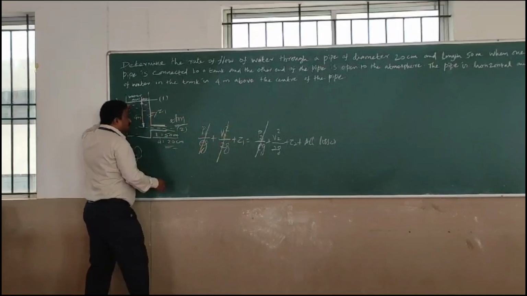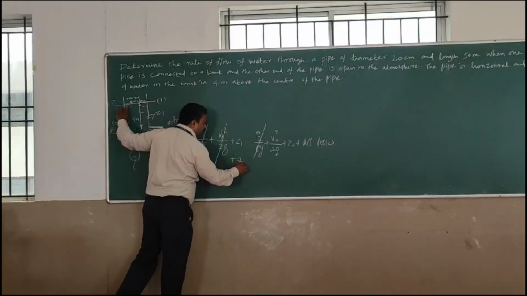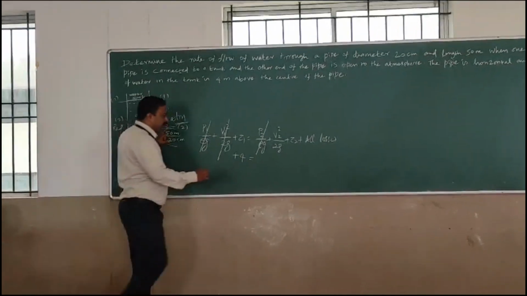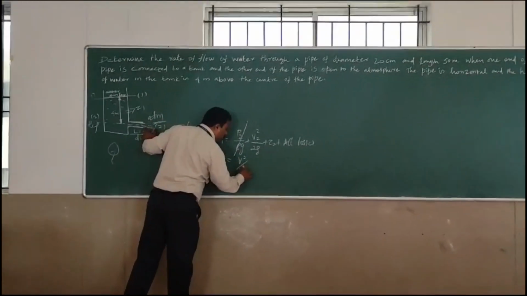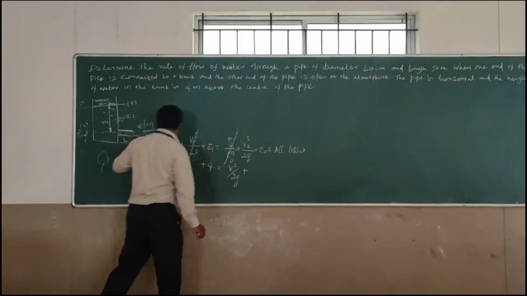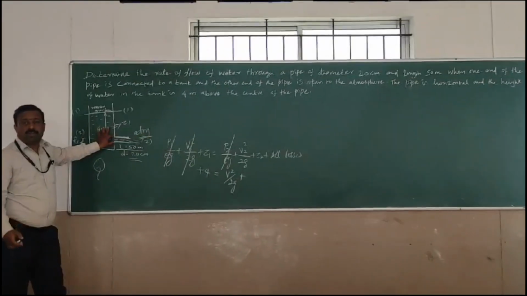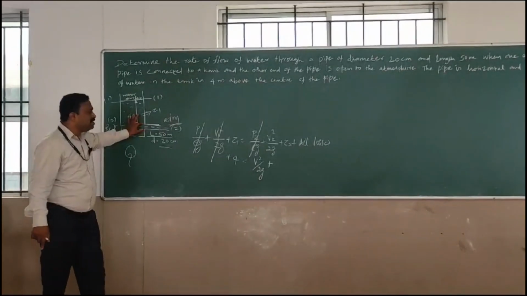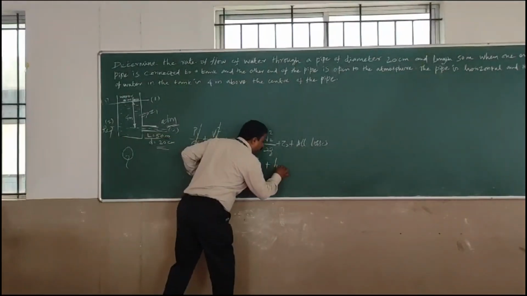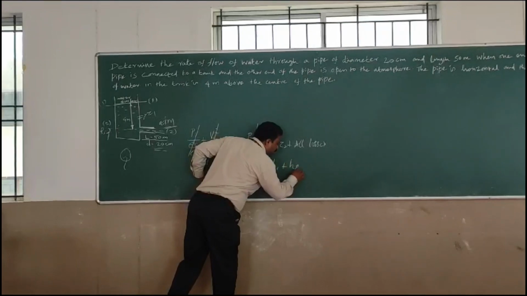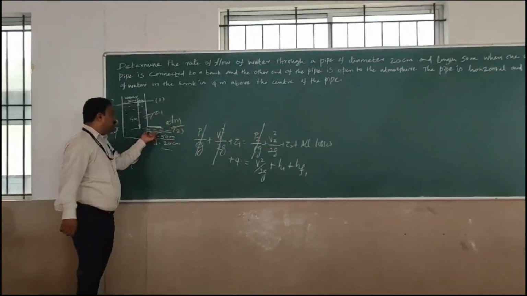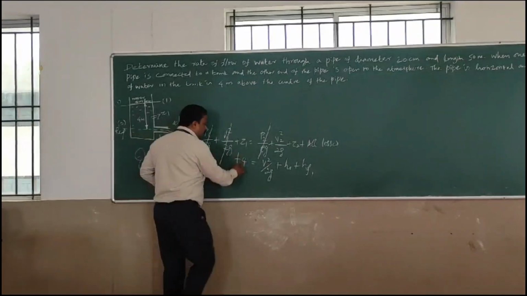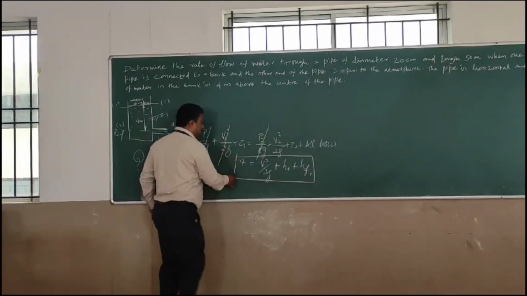So here what is the Z? Z will be 4 meters. But we don't know the velocity here, so we have to keep this velocity, v squared by 2g, plus all losses. We already talked about minor losses. There are several losses there. Here we consider the entrance loss, h entrance, hi, then the friction loss in this pipe, that is hf. Only these will be taken into the picture, the others will be cancelled.